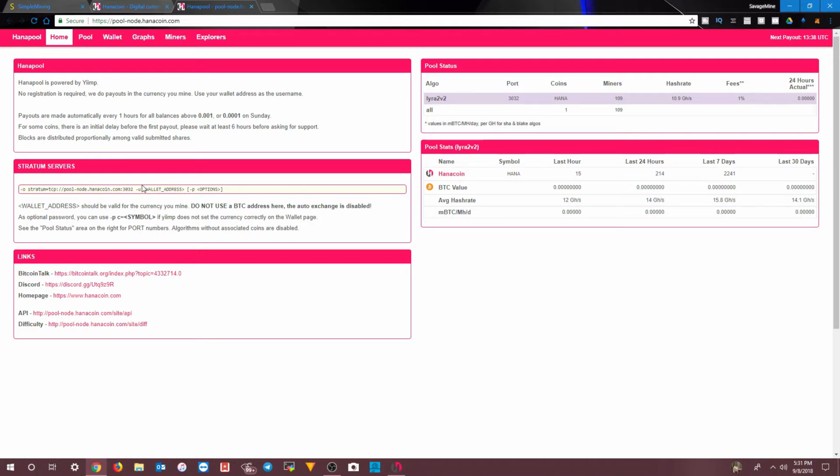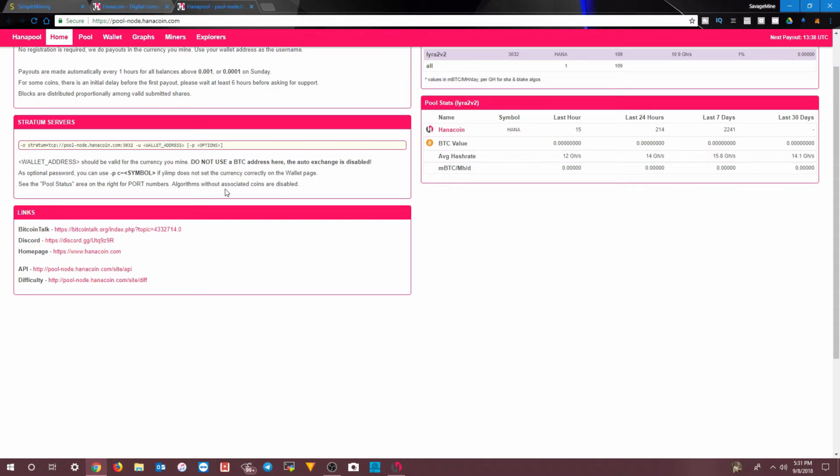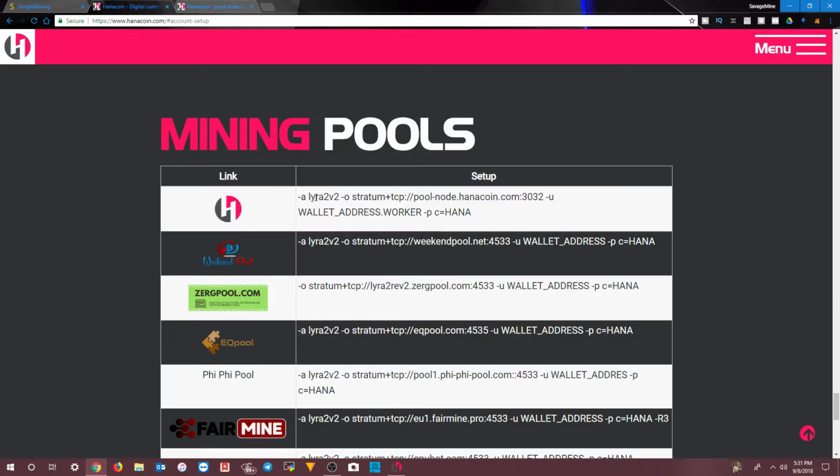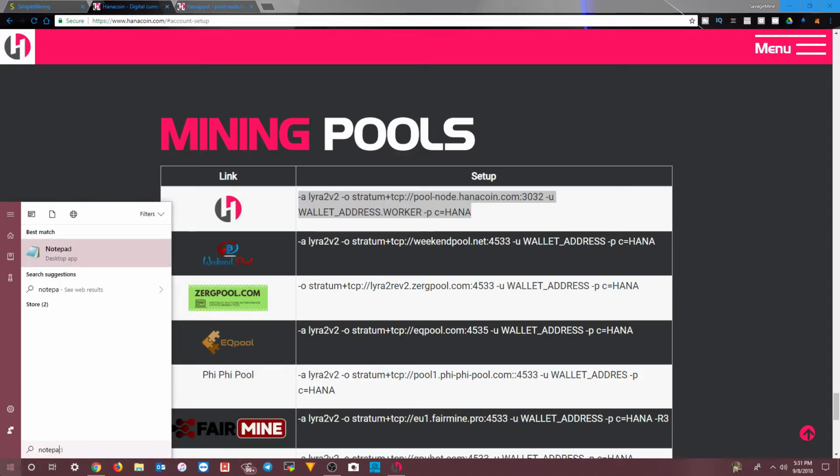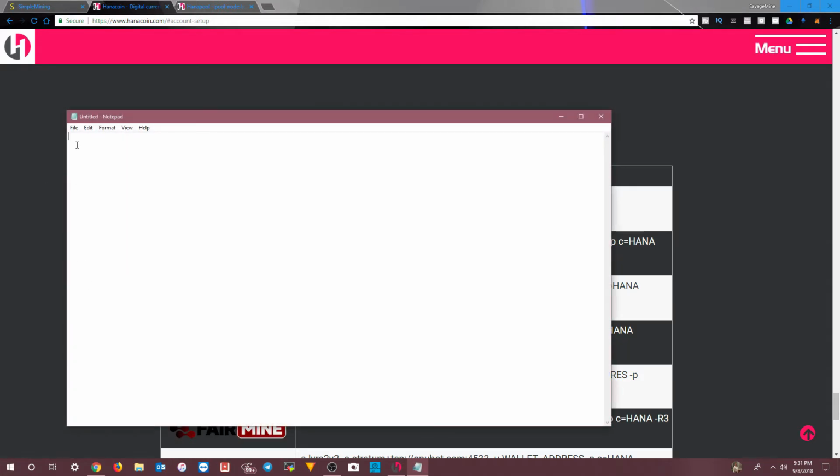And that algorithm is basically a core clock only algorithm. The memory clock doesn't come into play with this particular algorithm. But for this example, I'm going to copy the miner configuration for HANA pool, the official pool. And what I like to do is create a little text file that has all the pertinent information for the particular coin that I'm mining, and I'll just put this in the folder with the wallet and all that stuff